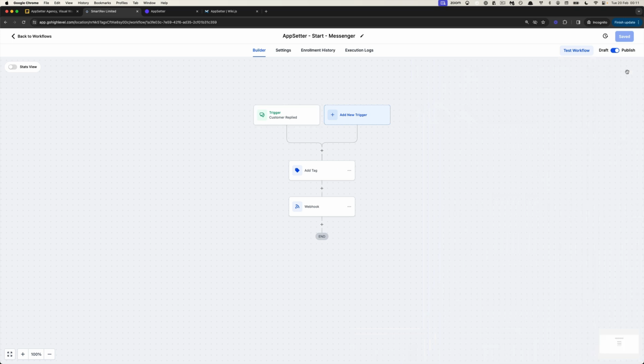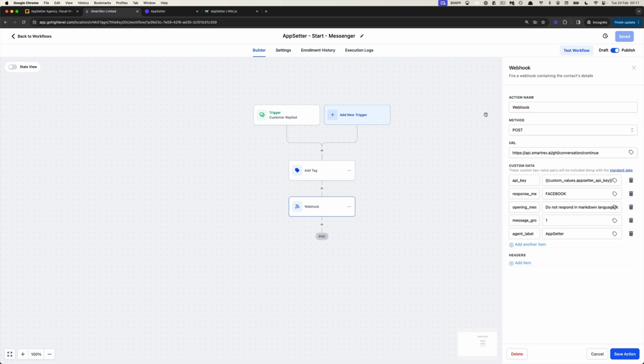Once this triggers, we add our tag, and this lets us know to engage with the lead. Then we send the contact and some other information to our servers. We just pass in the API key so we know you're a customer, the platform you want to reply on, any opening message instructions you want to use, say a template, how long the AI should wait before processing the